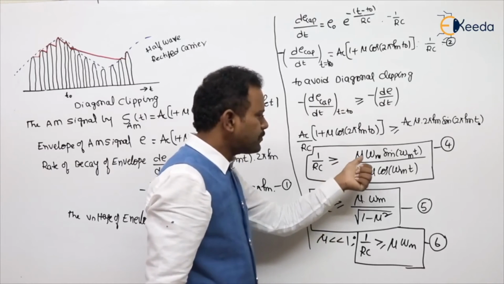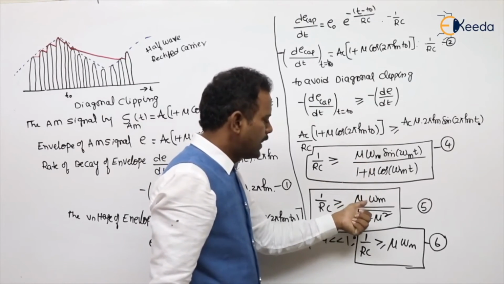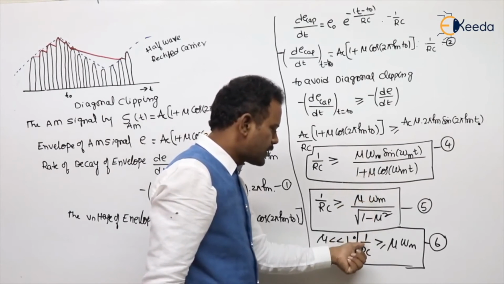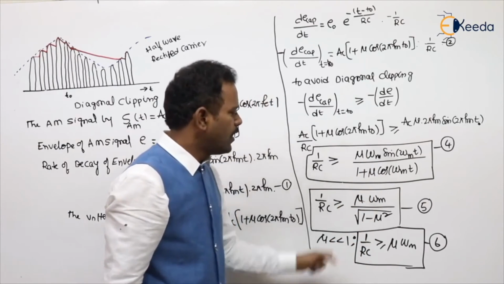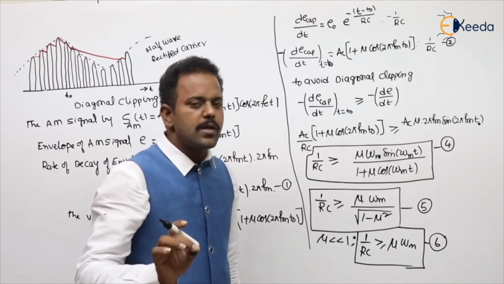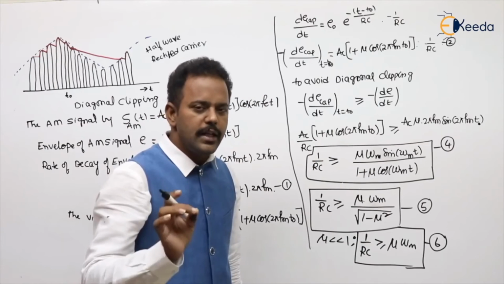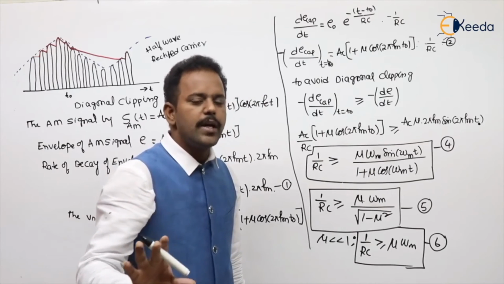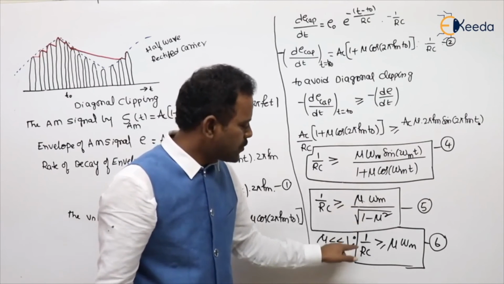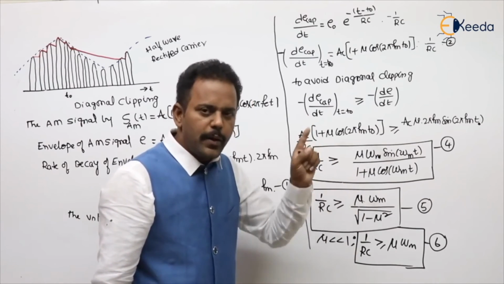Now this is one condition, and if you maximize in this, we got this. From here, there is another simplification by taking mu less than 1. All three conditions are needed. They are asked many times in PSU examinations, ESE examinations, JTO examinations like that. Are you understanding my point? So here are three conditions.